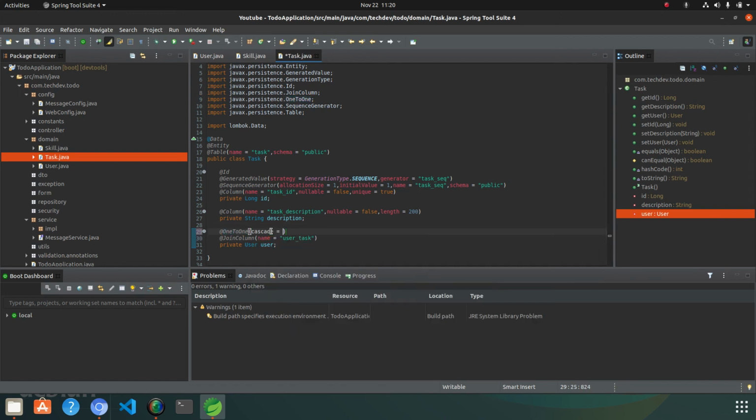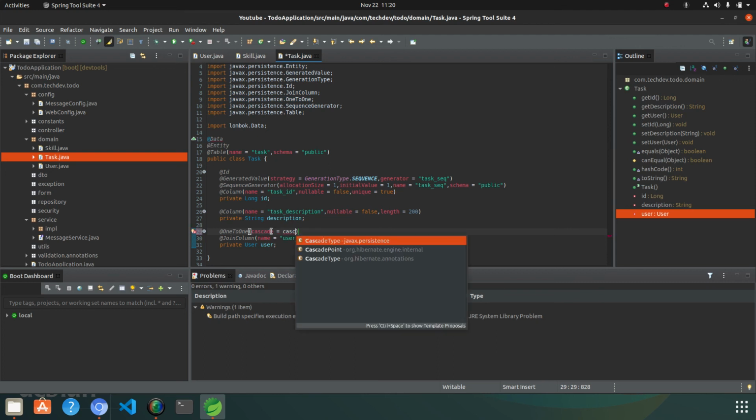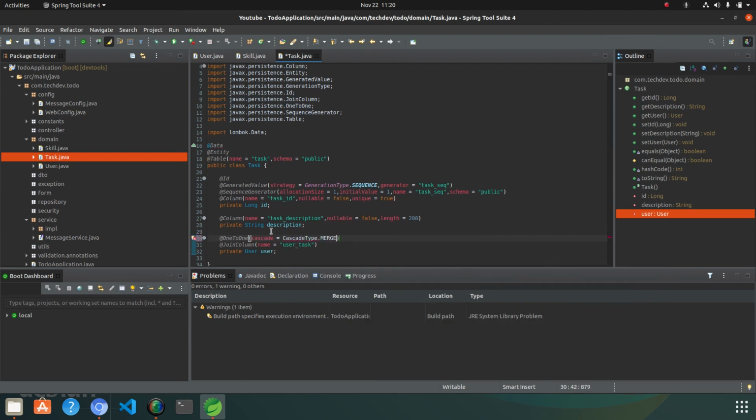And in one to one the cascade type will be CascadeType.MERGE, and the fetch type will be eager.